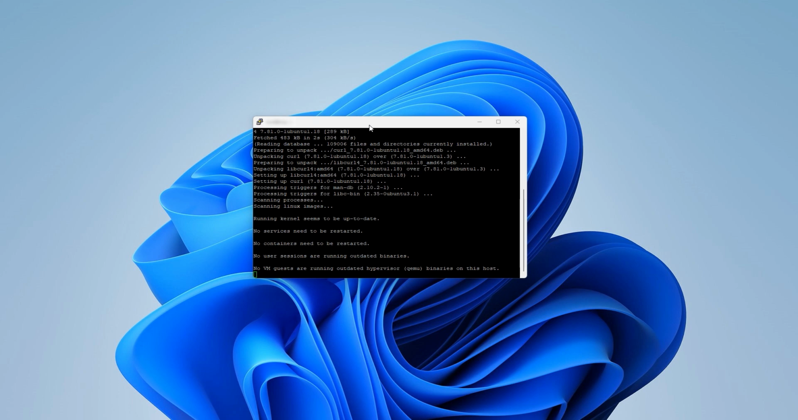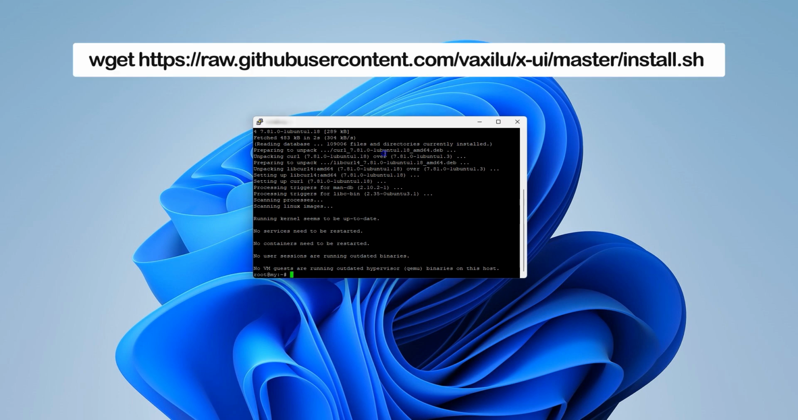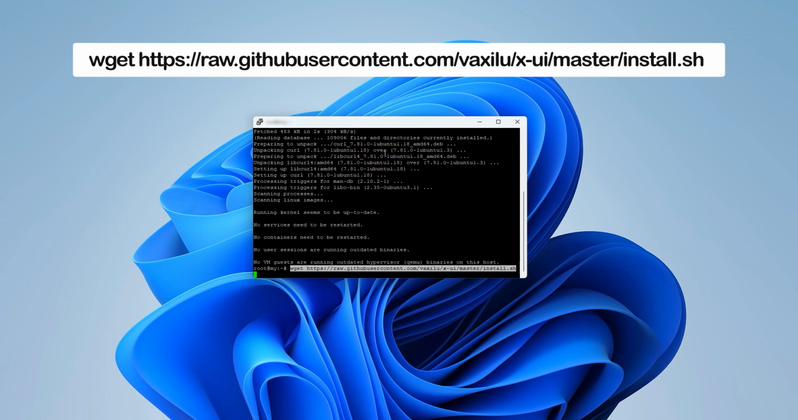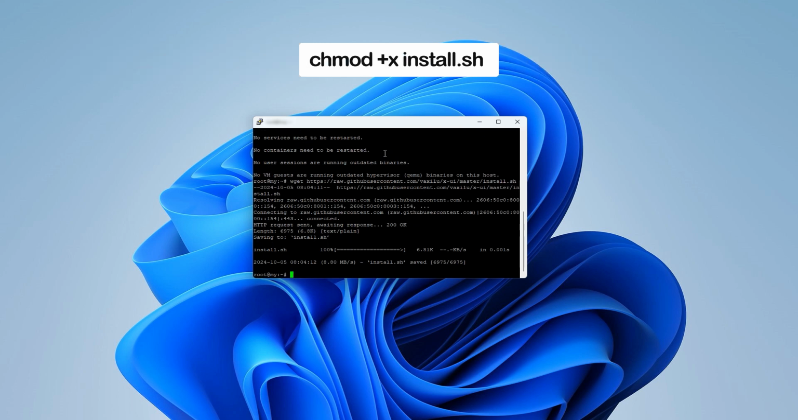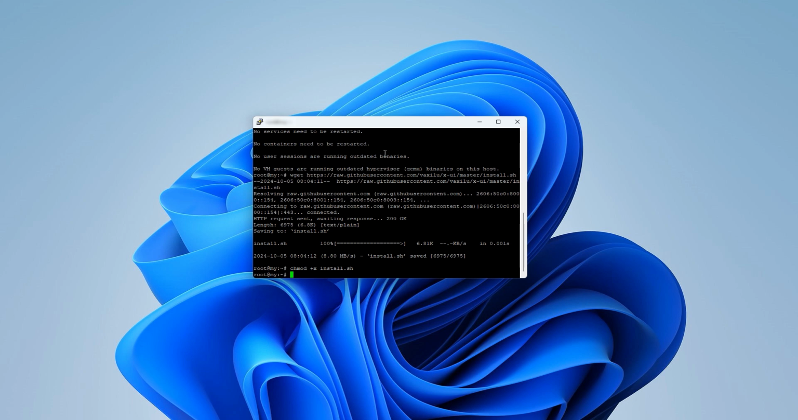Once the installation is done, it's time to download the setup script for V2Ray VPN. Type this command. Next, let's give the script permission to run. Type. Now it's time to install. Simply type